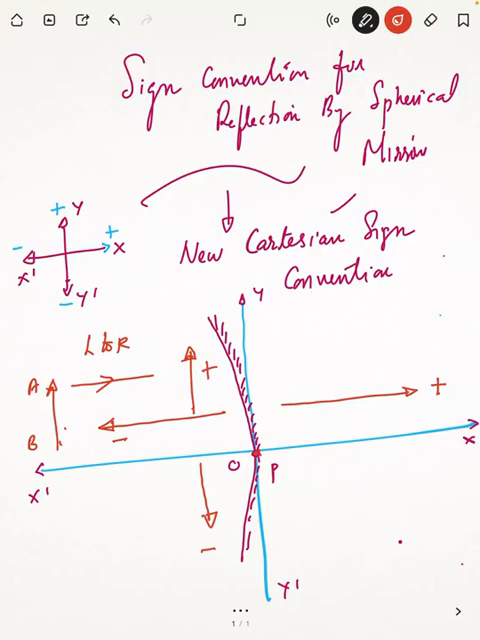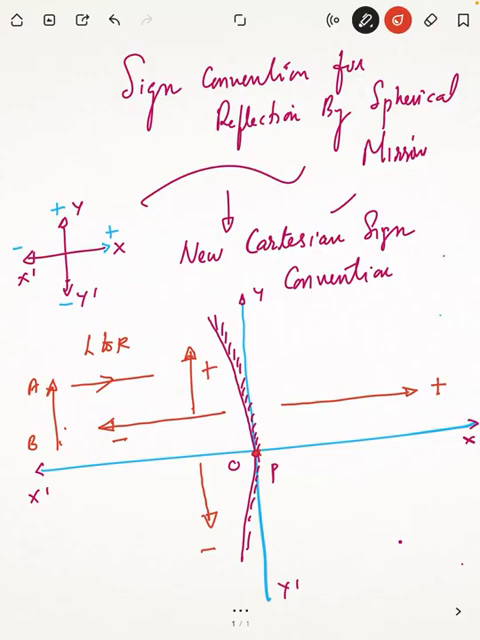And the pole of the mirror is taken as the origin, that is the first point. Second, the object should always be on the left side. So you see that the light ray travels from left to right and falls on the mirror. Next, all distances are to be measured from the pole, and those distances measured toward